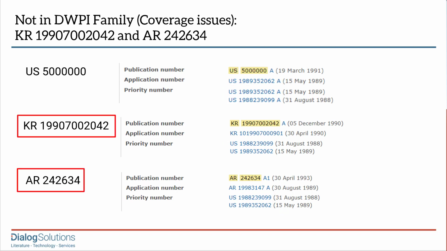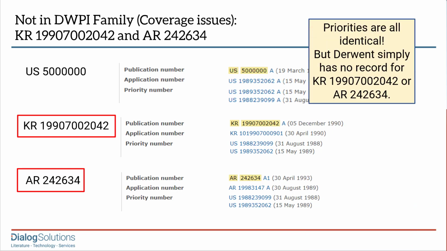They do have Korea and Argentina patents, but not as many as the Fulltext families draw from. So for these 2 patents, the Fulltext family is bigger due to coverage limitations in Derwent. In the case of US